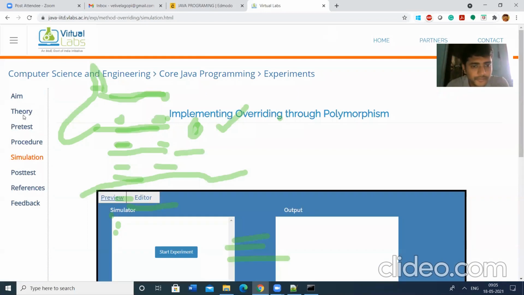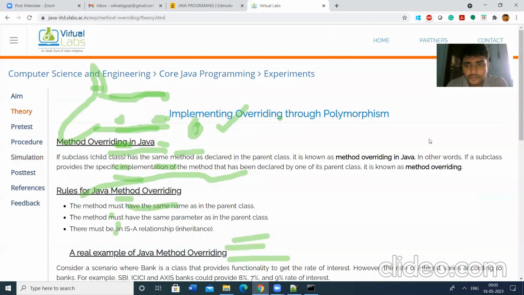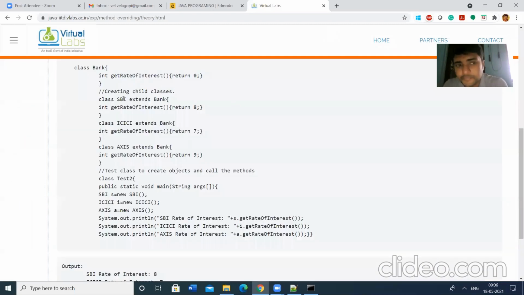One more thing. Which type of inheritance is this?